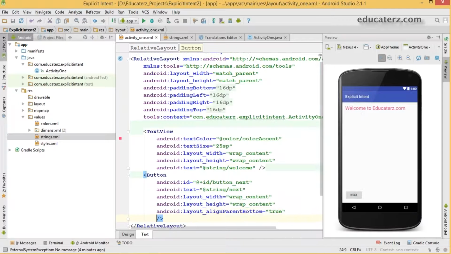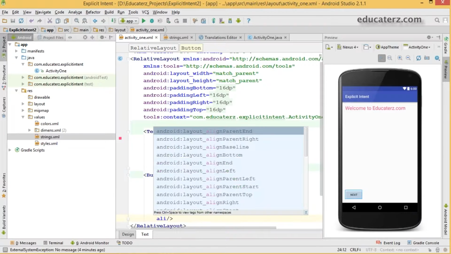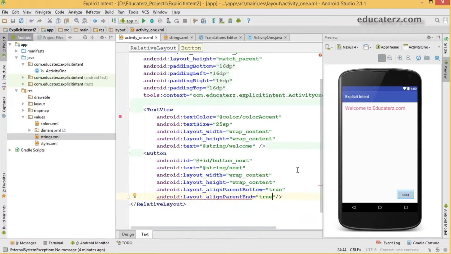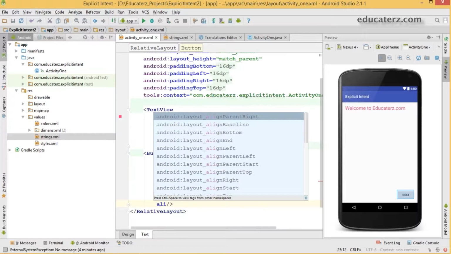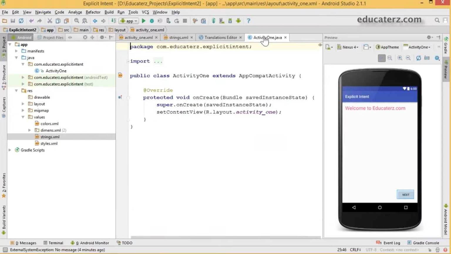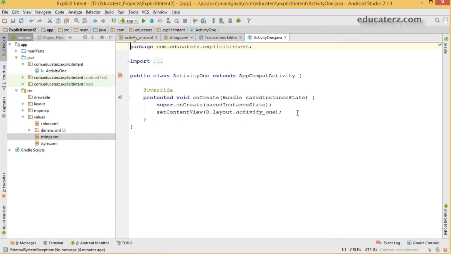If you want it on the right hand side, alignParentEnd, make it true. Save this. It has moved to the right hand side, and to support the lower versions, I'm going to take alignParentRight and make it true as well. Save this. Okay. Now whenever I click on this, it should go to the next activity. So first go to your activity and implement your logic.